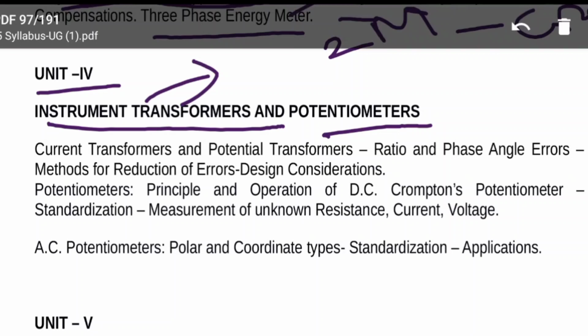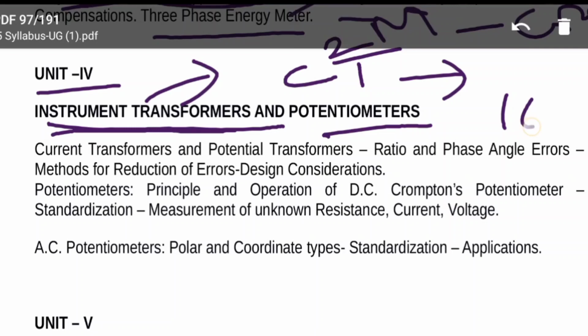In this current transformer, phasor diagram, ratio error, phase angle error, all if you prepare CT and PT, 2 derivations. If you know the derivation of CT, ratio and phase angle error, the same if you write for PT also, you will get marks. CT, ratio error and phase angle error, that is very important. You will get 10 marks. 10 marks will come from ratio error and phase angle error along with